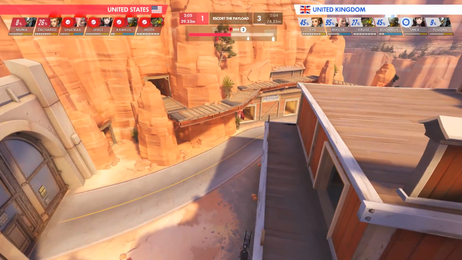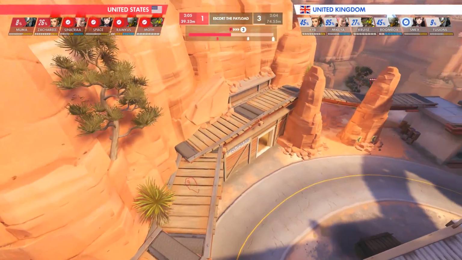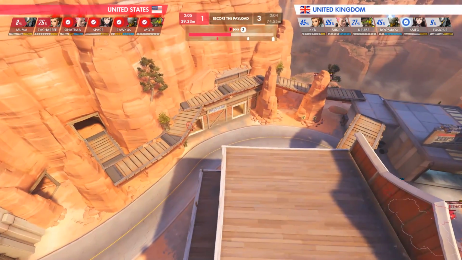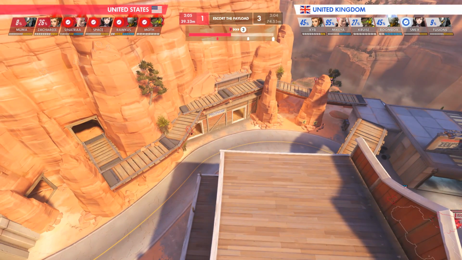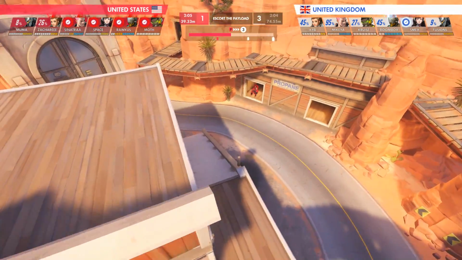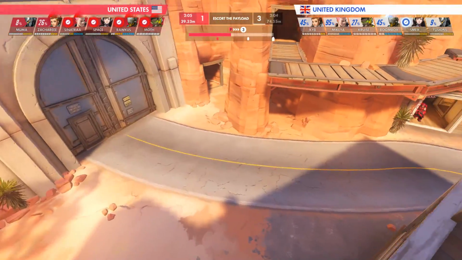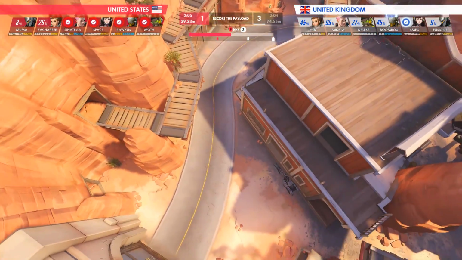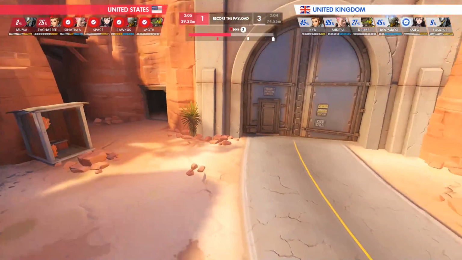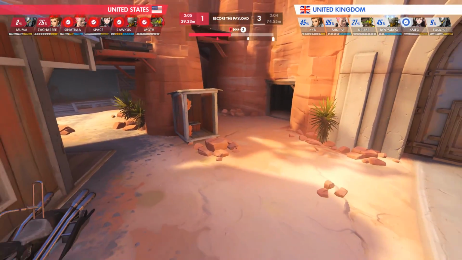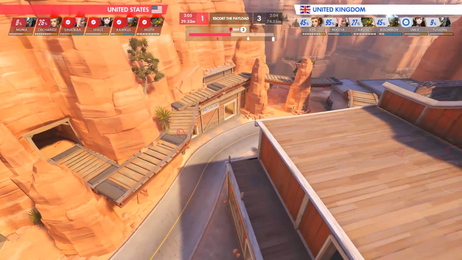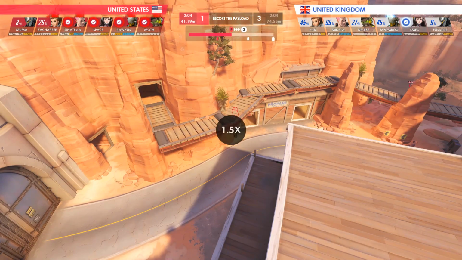But look at the ult economy here for Sinatra. So they should know that Mackay is very close if it doesn't already have grab. And Sinatra already has it, they have the bomb, but they also have 2 support ultimates. So the USA should really think about, okay, the pillar's coming up here, we want to go up and take that space, we want to fight them early, we don't want to let them in on us. We want to hold the areas around here, deny them pushing either from up there with a grab and a bomb or whatever, or we want to stop them if they rush out of here in the low ground. So we want to take this space from the United Kingdom,